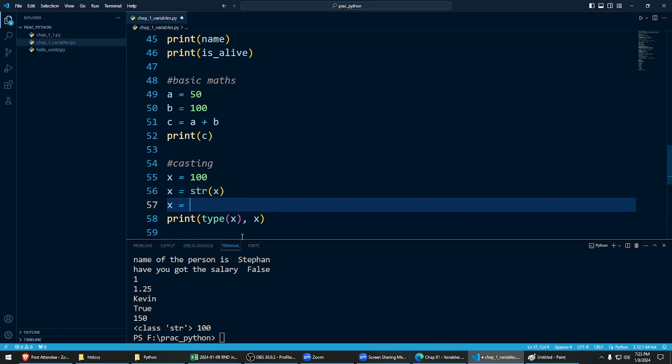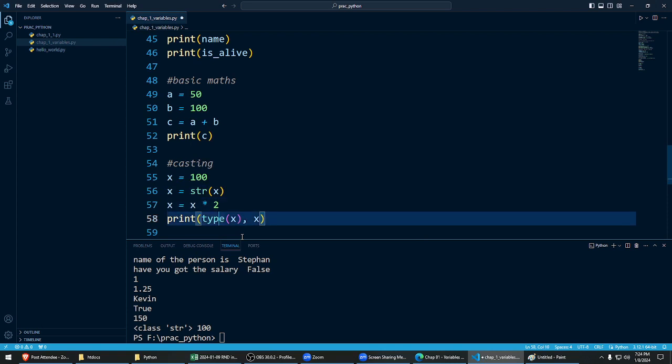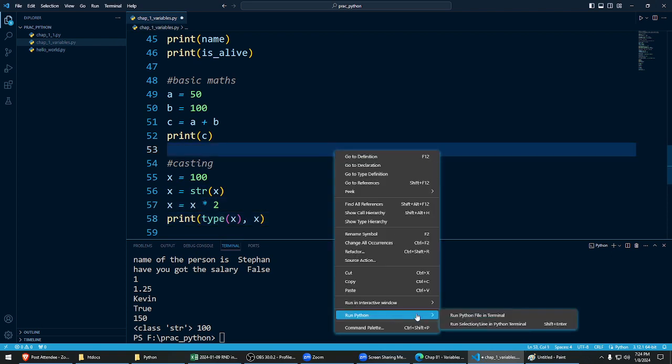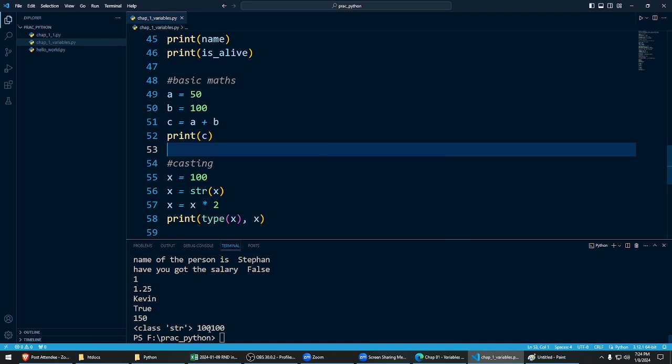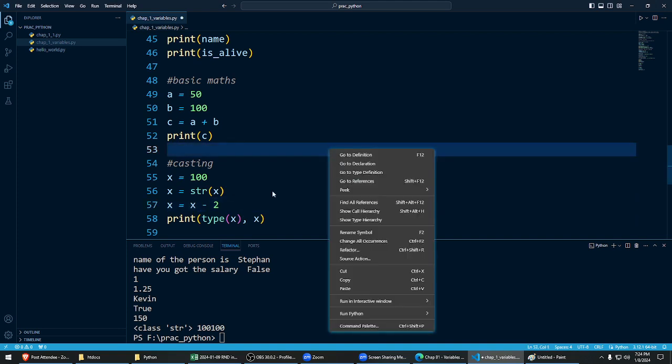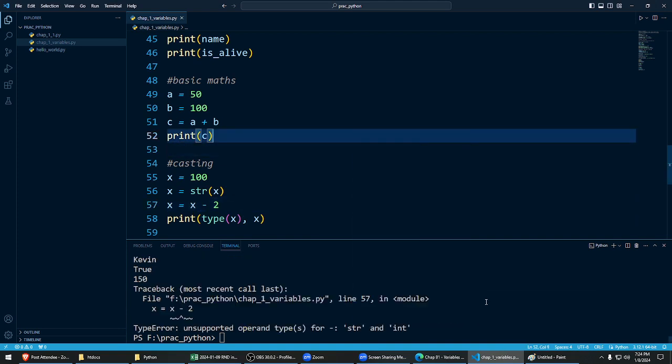Let's try x is assigned the value x multiplied by 2. So sometimes it might work. Let's see. Automatic conversion happens, and now there's a problem. You can see you didn't get the value as 200. These two values have just got joined. If you say minus, let's see what's going to happen now. See, now an error is coming. If you take a look at this particular line, it says x is equivalent to 100. Here we say x assign the value x minus 2, which means we are asking the computer to reduce 2 from 100. It is not happening,